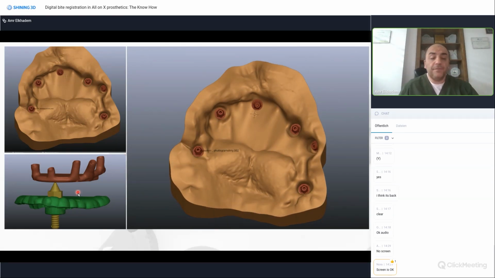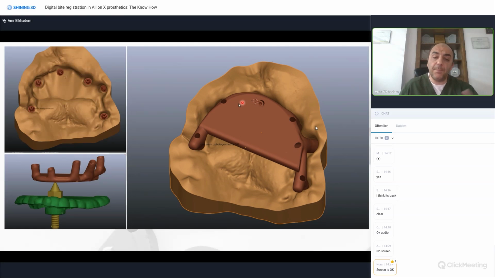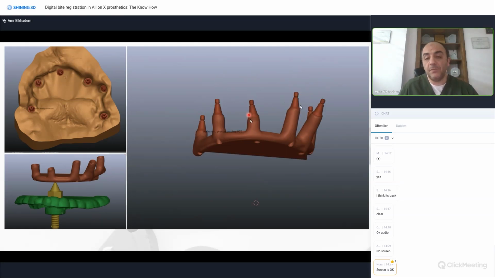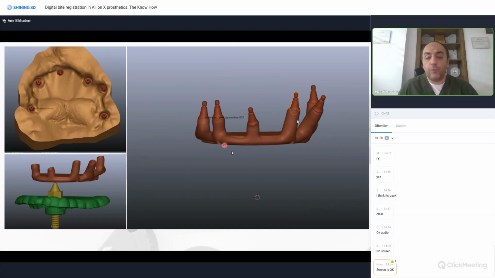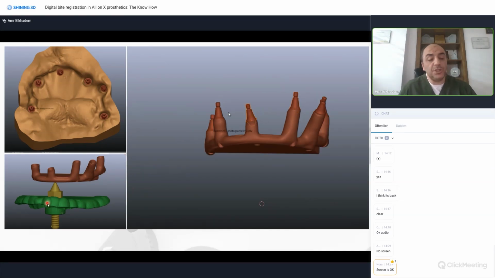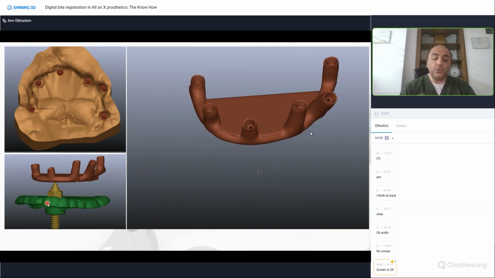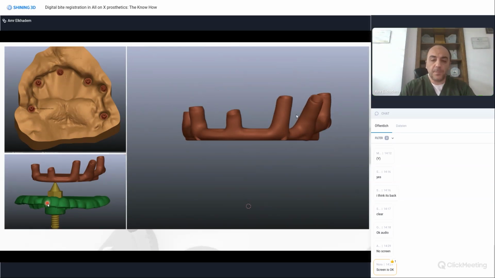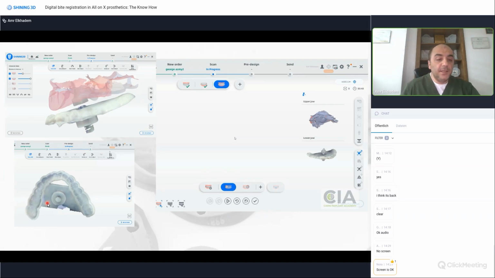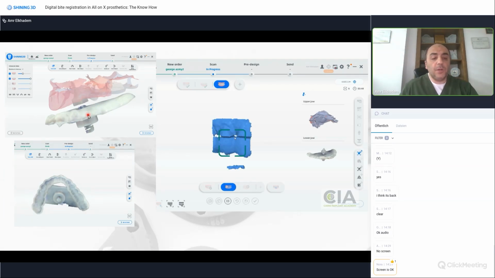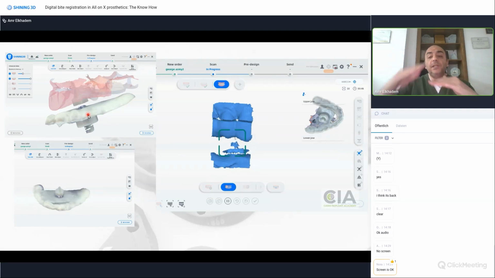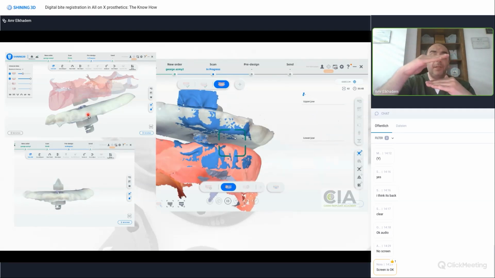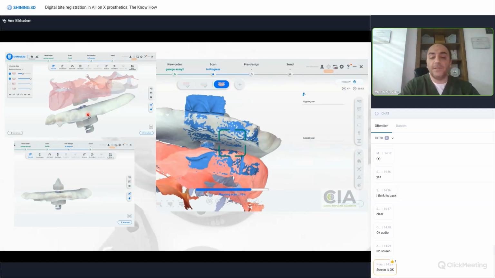And now we have 2 parts, an upper part, which is the passivity verification jig with a plate for the tracer. And we are having the lower part, which is actually an occlusal splint with a horizontal plate and an adjustable screw to adjust the vertical dimension. And what we need to do now is that we go to the patient mouth once more in another visit and place the upper part and the lower part, and we adjust the level of the screw until the patient bites at the proper vertical dimension we need, and we scan the bite from the right and we scan the